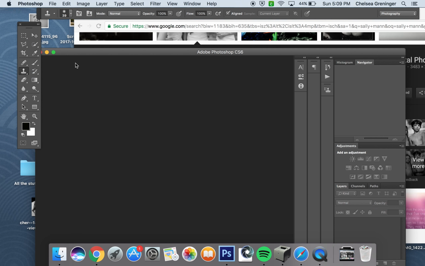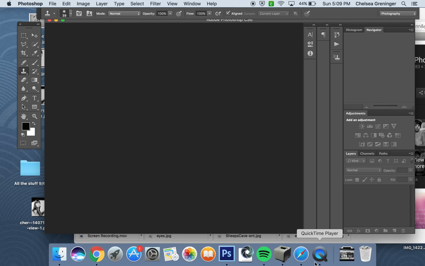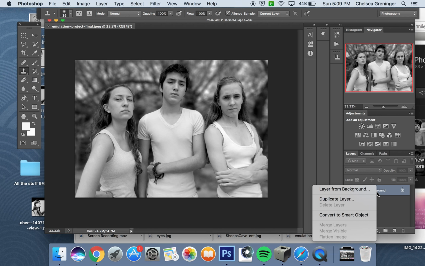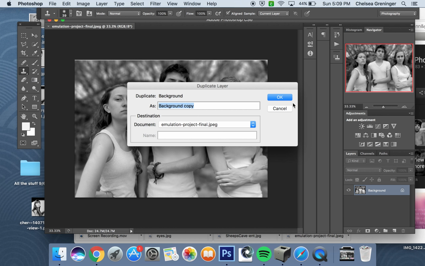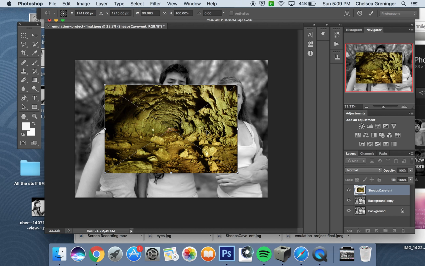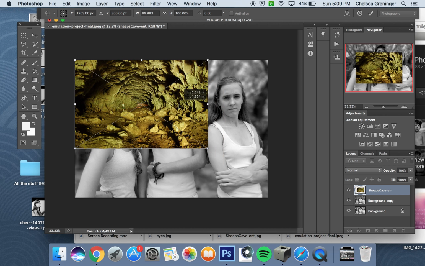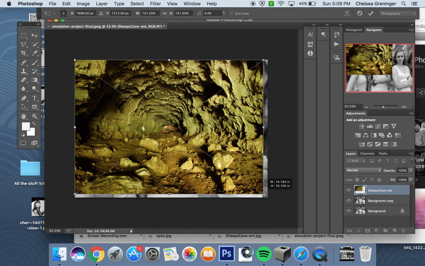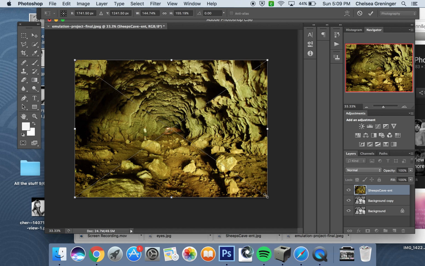Okay, so we're going to go into our photo, and I'm going to drag these things in here. So I'm going to start with that photo. I'm just going to put that in there, and then I'm going to make a duplicate copy, duplicate layer. Always want to do that step. And then I'm going to put my background in there too. So I'm going to just drop it right on top there because I want to conform it to the size of this image, and I thought I would put them in a cave. So I found an image of a cave online, pretty large image,